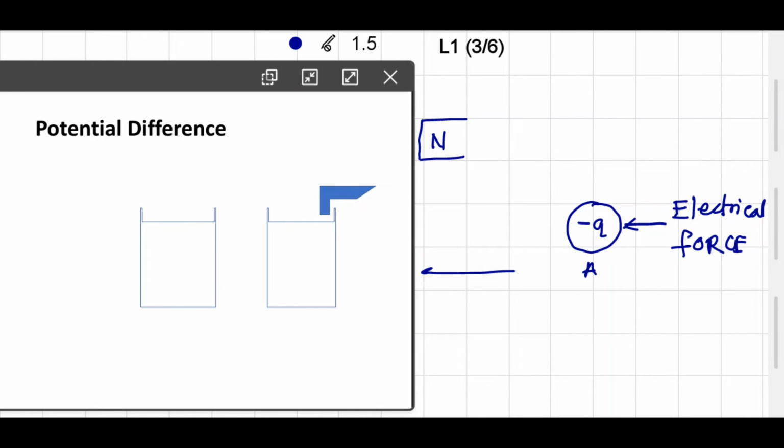So let us understand the concept of potential difference, so that we already know. See here shown how charges flow from higher potential to lower potential. For understanding the analogy, we are considering two beakers. Both beakers are now empty. But after some time, when we pour water in this beaker, naturally the beaker will be filled with water.